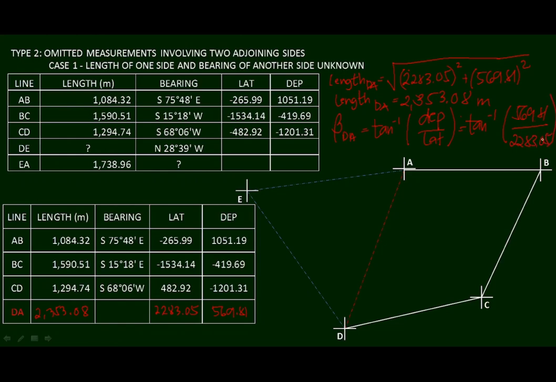Therefore, the bearing of line DA is 569.81 divided by 2,283.05 tangent. And my answer here for the bearing of DA is equal to